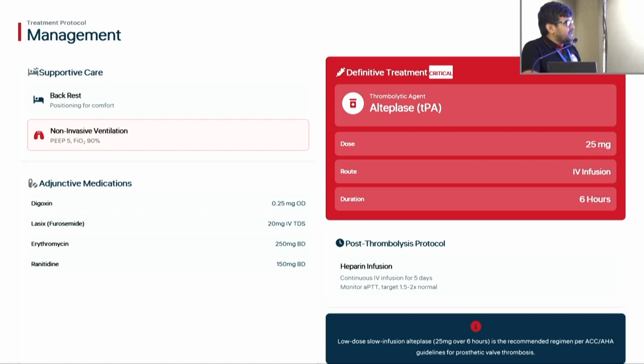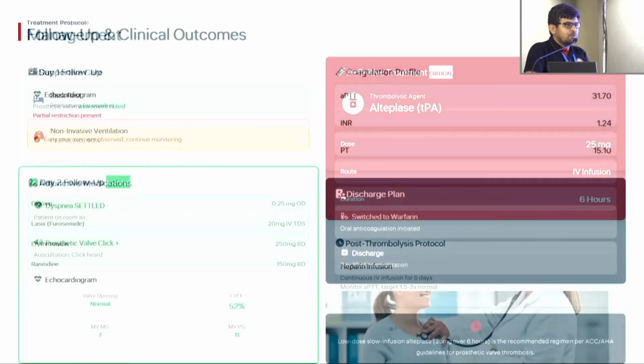And we started the patient on alteplase, that is a 25 mg IV infusion over 6 hours. And post infusion, we started the patient on heparin. A 24-hour post lysis